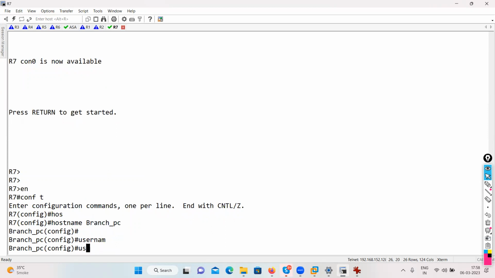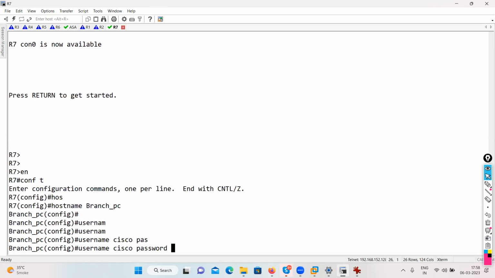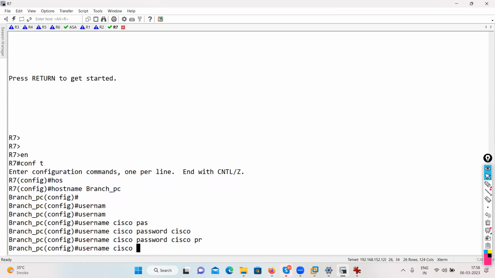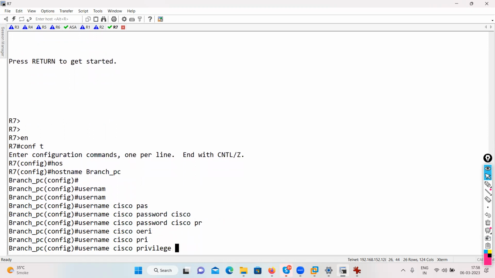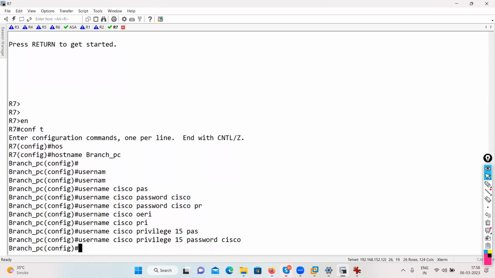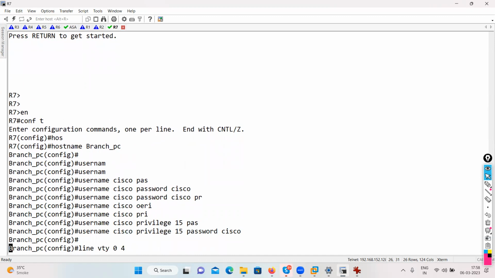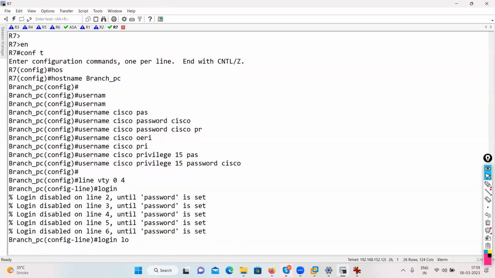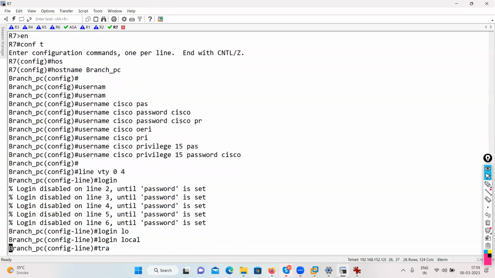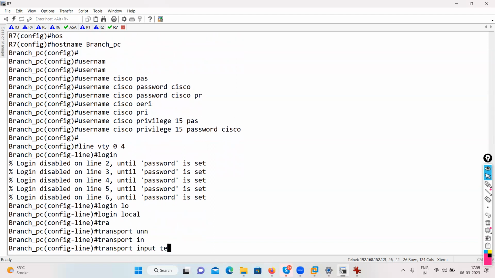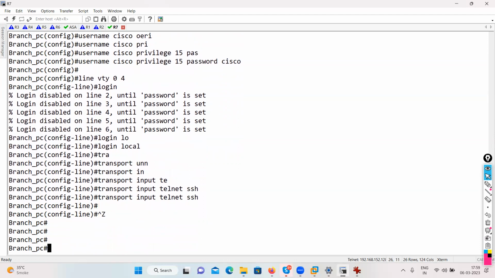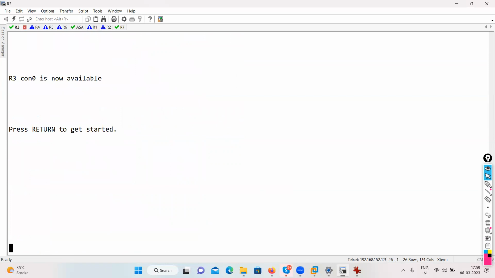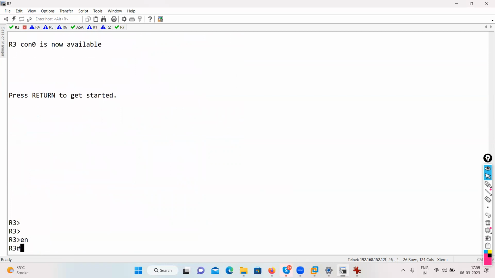So what I do, I create a username Cisco, privilege 15, password Cisco. Then I went here and say line vty 0 4, login local, transport input telnet and SSH. And I save it. So when I try to reach 172.16.10.2 for telnet,